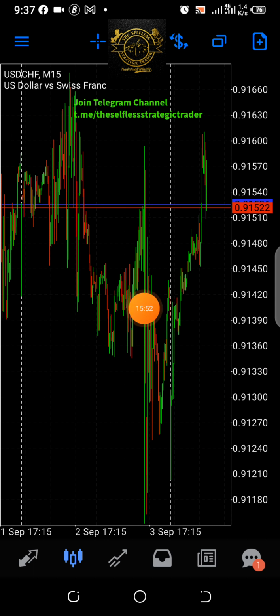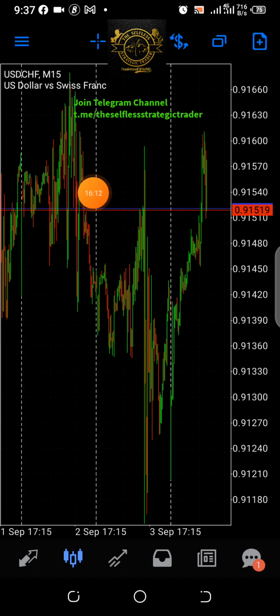This was NFP day. See the spike here, and this was the normal thing. So look at the liquidity levels here. So I said price was after the stop raid, which was here. Many people wanted to buy here, and many people wanted to sell here. So price came, boom, cleared all the stops here. Buy stop, sell stop, all those, cleared everything,